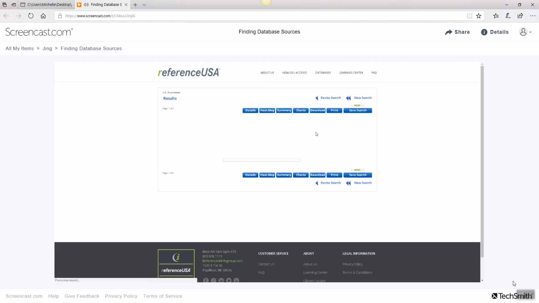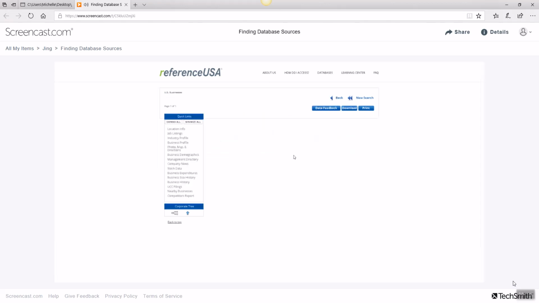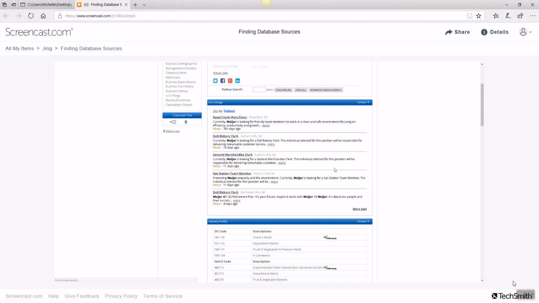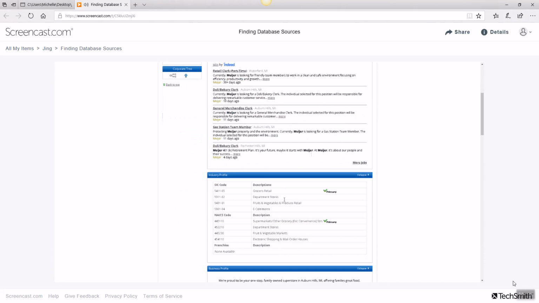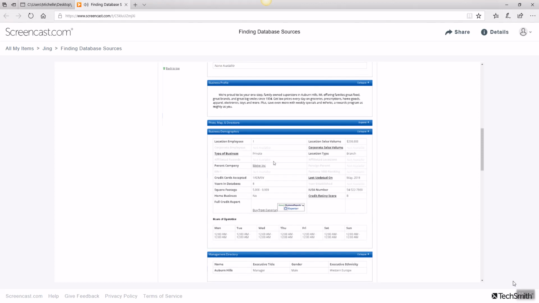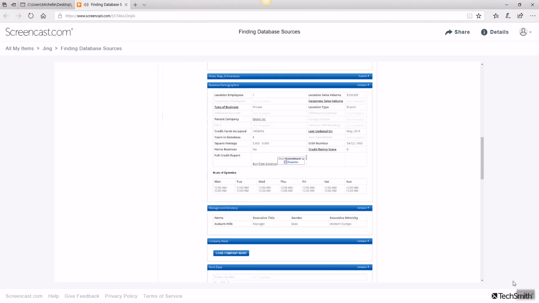And it does tell me, it breaks it down. I just want regular old Meyer's, some basic information, tells me the phone number, where it's located, I knew that part, shows me jobs, okay, and the industry tells me what type of industry it is. Hopefully you know what type of industry already, and it does say that it's private, but if I scroll down here,